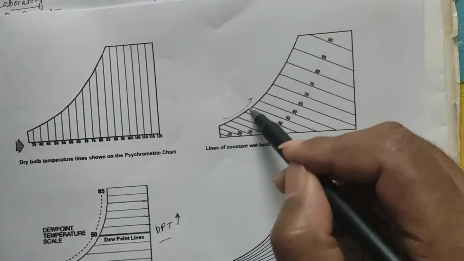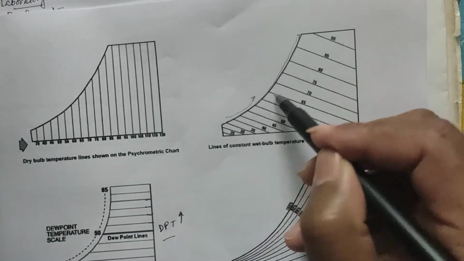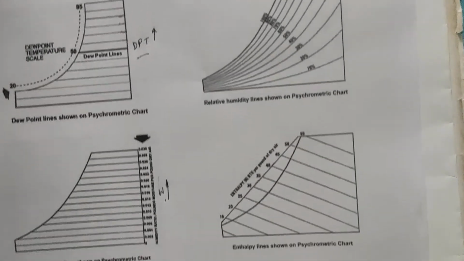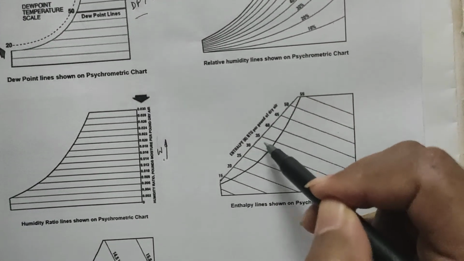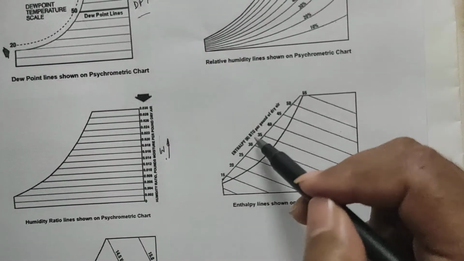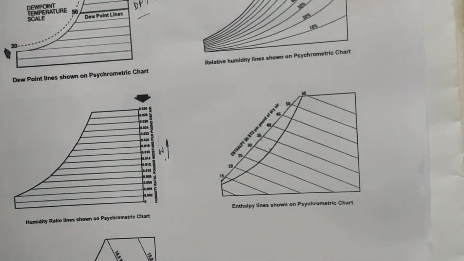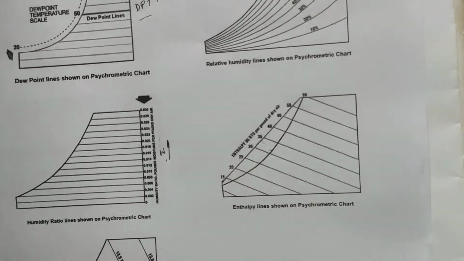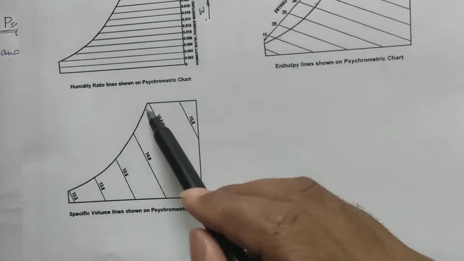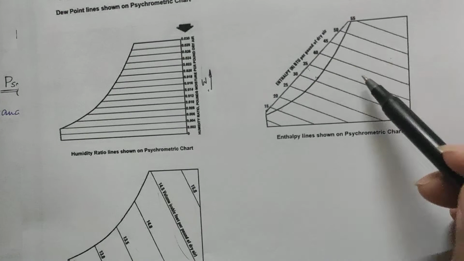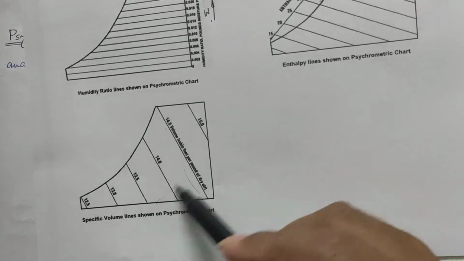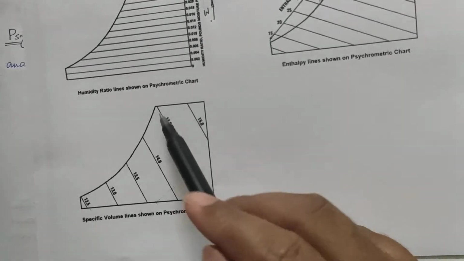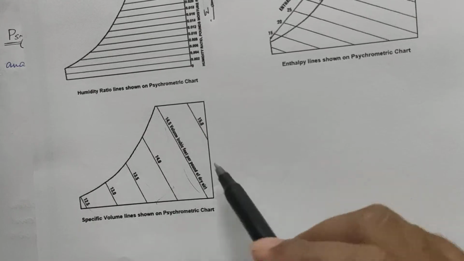Wet bulb scales are drawn on this 100% saturation curve, whereas enthalpy scales are drawn on an external line which is away from this 100% saturation curve, and the values of enthalpy and wet bulb are different, but the nature is the same, or almost both are parallel. And the last property that is denoted is called the specific volume line. These are also inclined, but the nature of inclination of wet bulb temperature or specific enthalpy lines with this specific volume line is different. These lines are more steep, that is the angle of inclination is more with respect to the other.